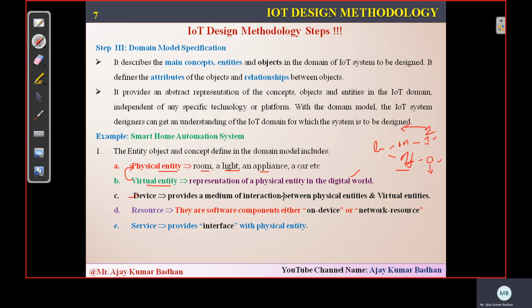Temperature, physical, like that, temperature for weather. So here, what are the devices we require? A light sensor. We also require relay switches. Based on that, we need to work. So that is what comes under devices.